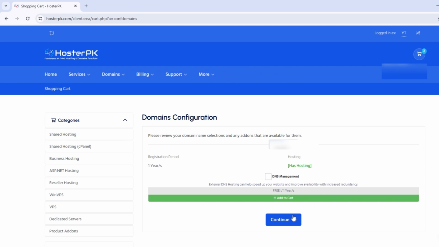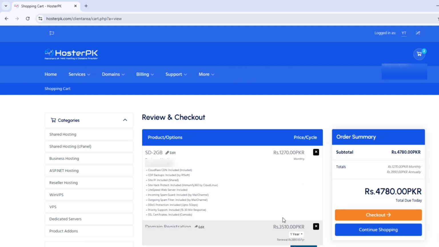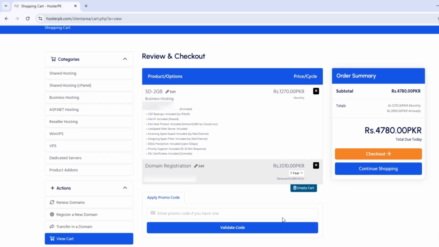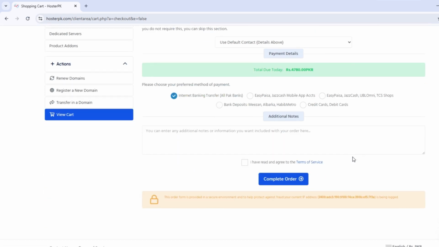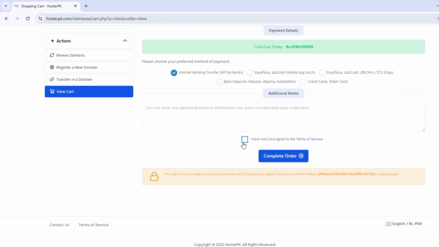In the Domain Configuration section, you can review your selected domain. On the checkout page, you'll see the total amount along with any discounts applied. If you have a promo code, you can also enter it here for extra savings. If you didn't log in earlier, this is where you'll create your HosterPK client account by entering your details like name, email, and password. Finally, select your payment method like credit card, bank transfer, or EasyPay, Jazz Cash, then click